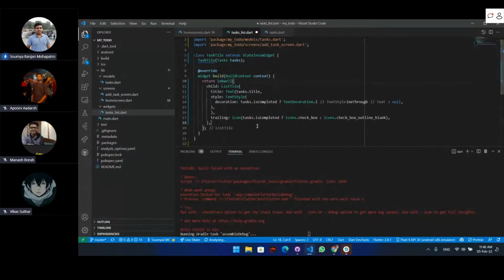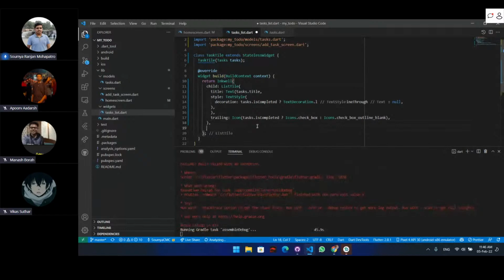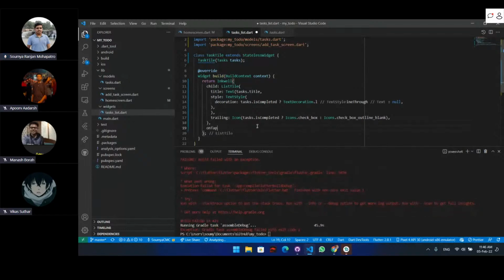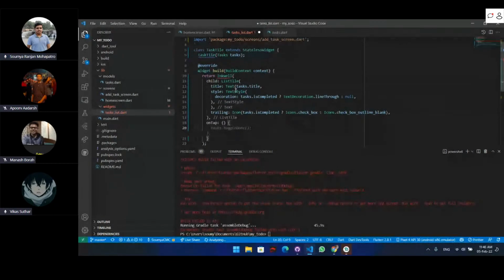So with this, I'll add onTap. I'll just set state of this widget into